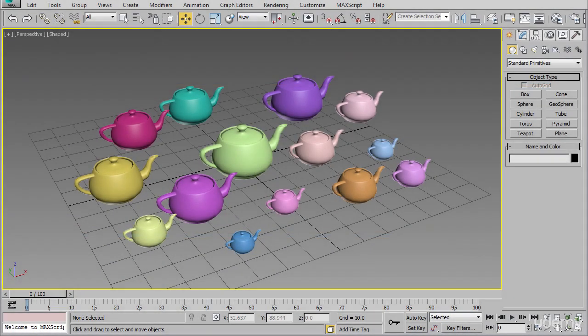To select an object, you need to be in one of these modes: the select object mode, move mode, rotate mode, or scale mode. To select an object, simply click on an object and that object will become selected. To unselect or deselect an object, you can click on empty space in the viewport, or you can also use